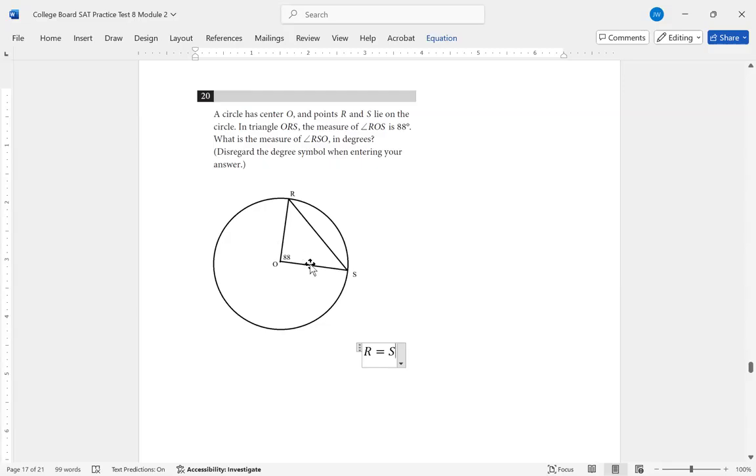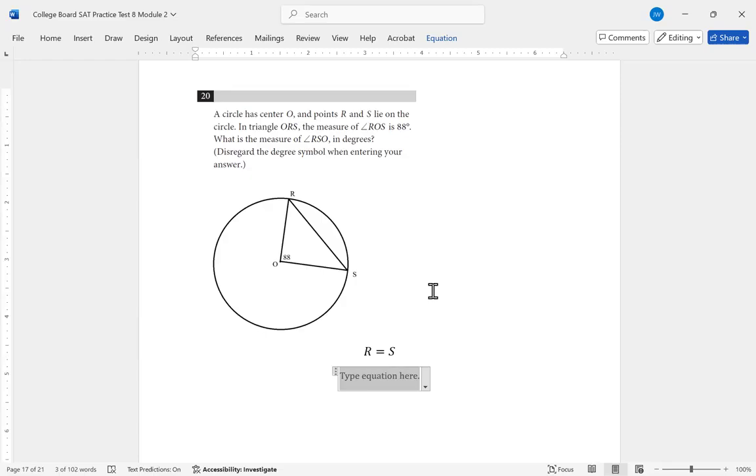And therefore, I have an isosceles triangle, which means that the angle at R and the angle at S are the same. And therefore, knowing that, along with the fact that angles of a triangle add up to 180 degrees, once again, that's in the formula section of the test if you forget it,